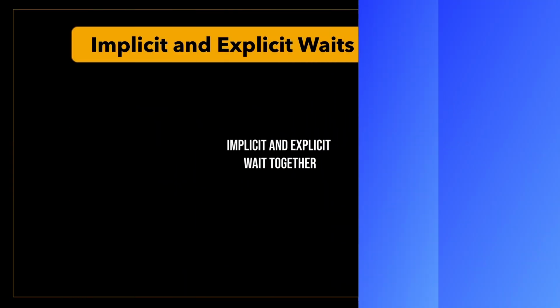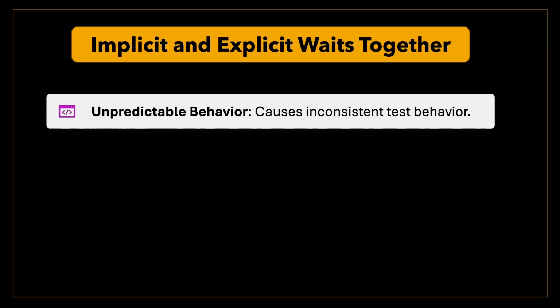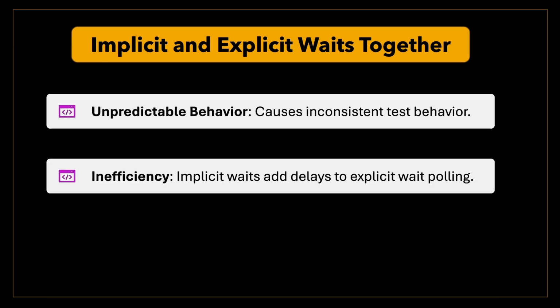When implicit wait and explicit wait are used together in a Selenium test, the behavior can be unpredictable and can lead to unexpected wait times, causing the test to behave inconsistently. If an implicit wait and an explicit wait both are set, the implicit wait can add extra delay to each polling attempt of the explicit wait. This can make the explicit wait less efficient, causing it to behave unpredictably